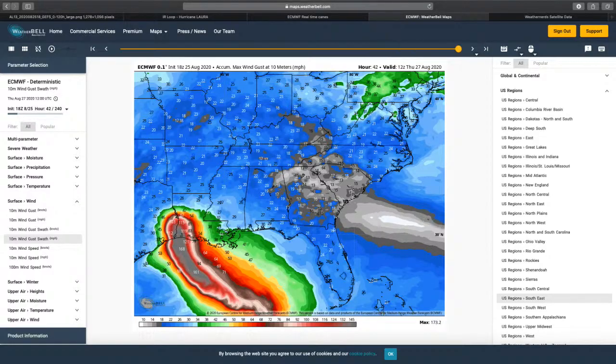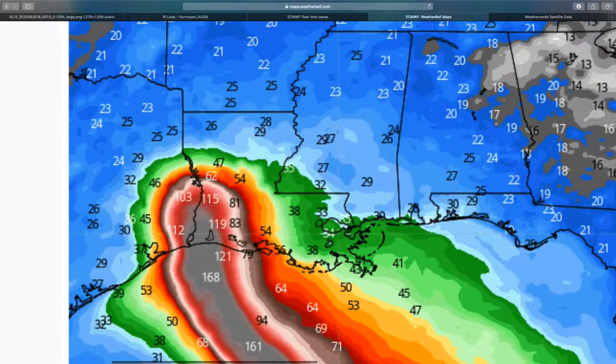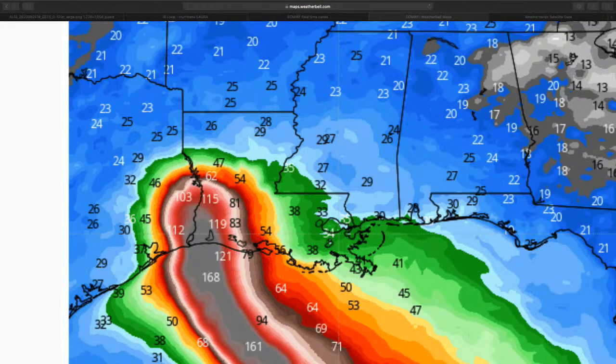So you can see the wind gust swath forecast. You take these with a grain of salt. This is not the end-all be-all here. Obviously, when you look at this from Houston east, you're still looking at 50-plus mile per hour wind gusts being possible. And then getting over into the Bolivar Peninsula, towards Port Arthur, of course, and Cameron, Louisiana, you're looking at wind gusts being the strongest actually in the very far southwestern tip of Louisiana on this run. So it's interesting. Nonetheless, the wind field may be a little bit larger than this, just based on kind of what we're seeing here,